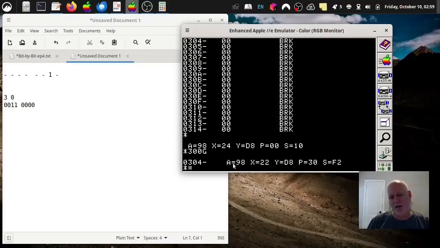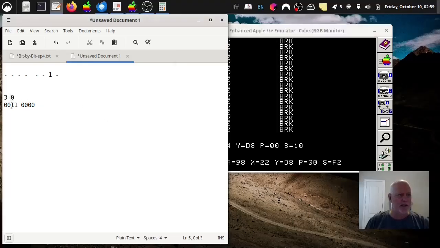And so what we have is the accumulator, we don't care, but we have the X register that we changed. It put the 22 in here. We didn't change the Y, but the processor flags are set to 30. And that means 30, which looks like this. This is 0, obviously a bunch of zeros, and this is 3 over here. And the only one we're really looking for is that one. That's the zero flag, okay? And it's 0, so it's not set. If it was 1, that would be if we loaded a 0 into